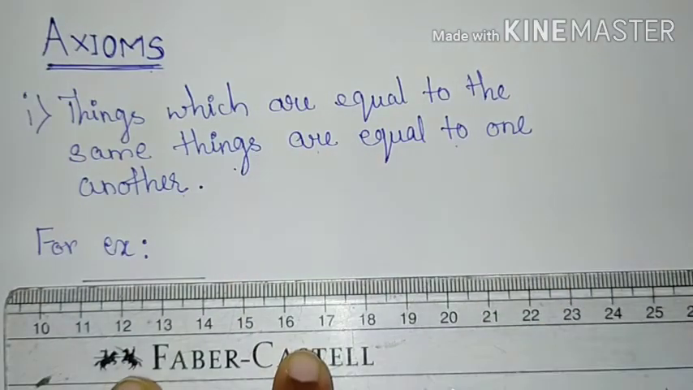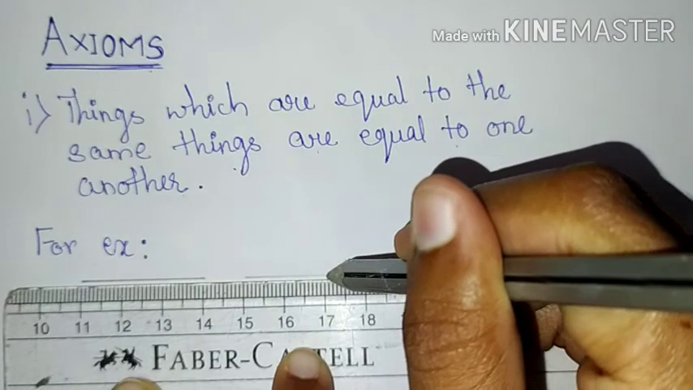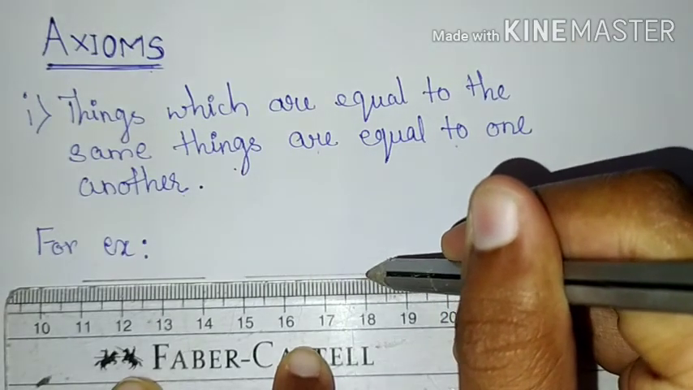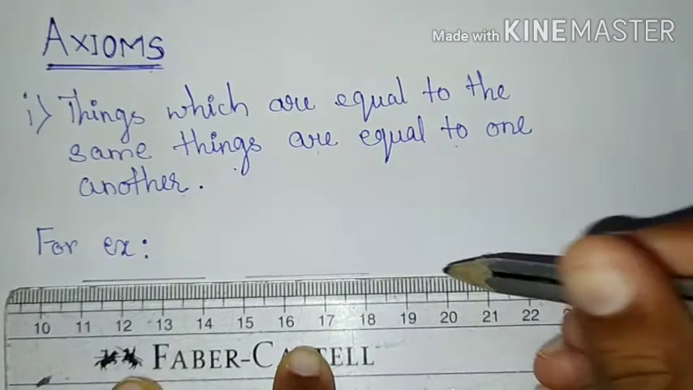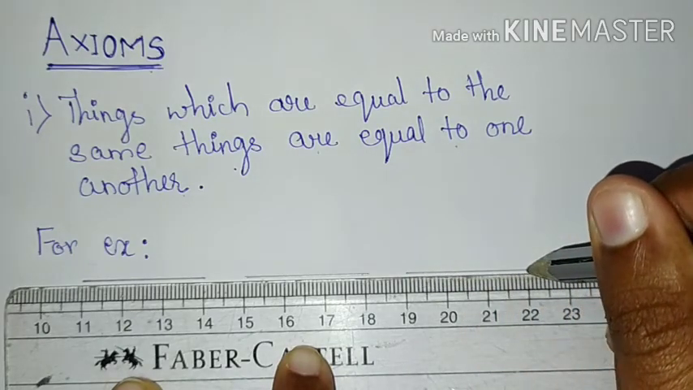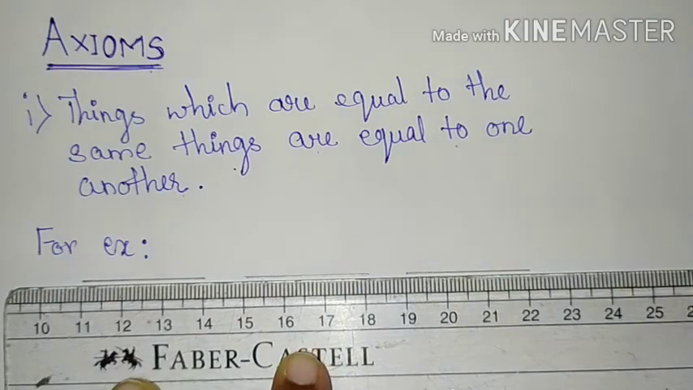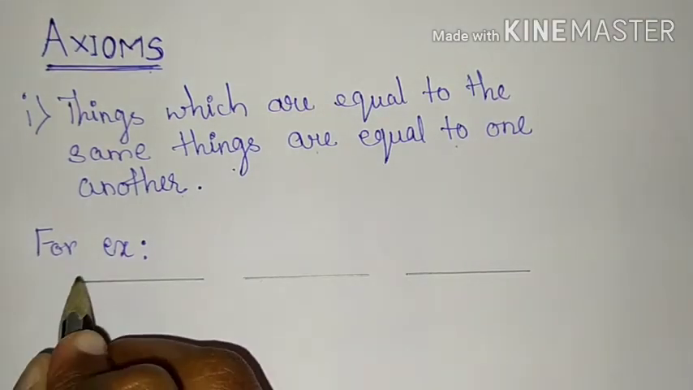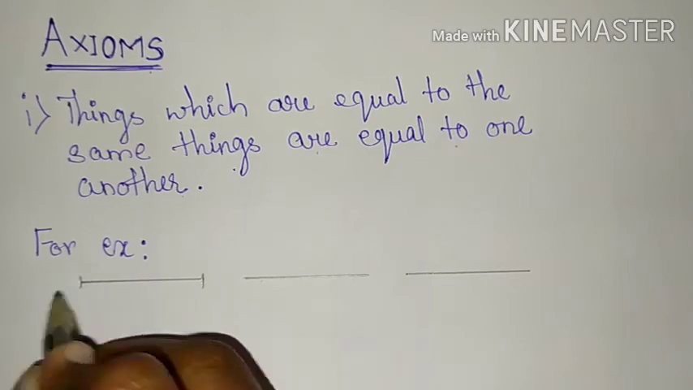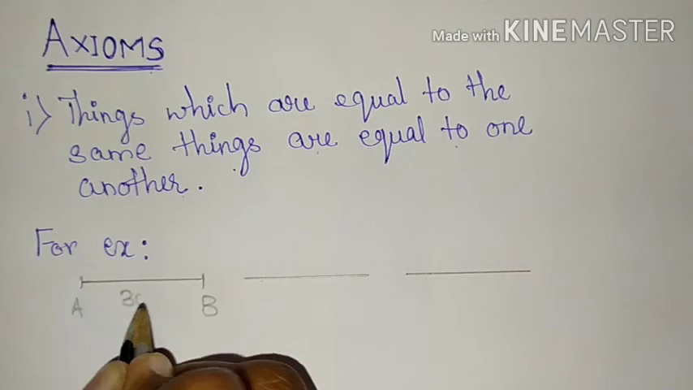Line segment 1, line segment 2 and line segment 3. Alright, all these line segments are of equal length. Let us name them. This is line segment AB, which is 3 centimeters,